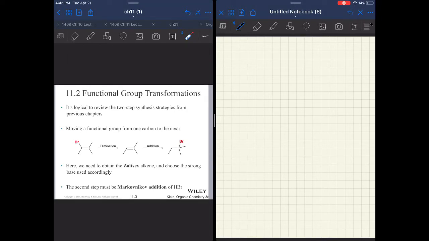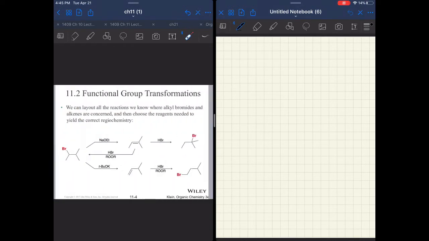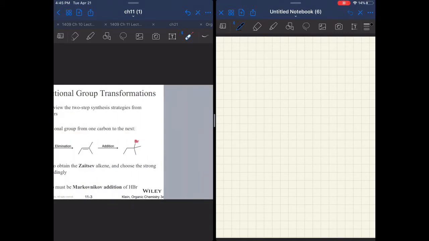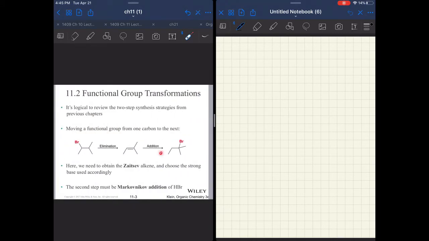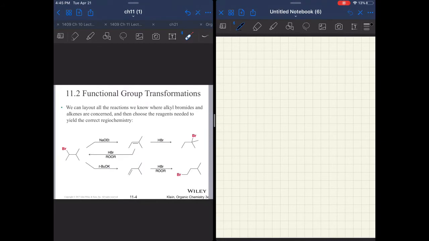All right, we know that we can move functional groups with a combination of elimination and addition. We can move double bonds by using addition and then elimination. You have to understand the reactions that we've already asked you to learn. You need to understand regioselectivity: Markovnikov, anti-Markovnikov, Zaitsev, Hofmann. These are important in manipulating your structures. You need to understand limitations and